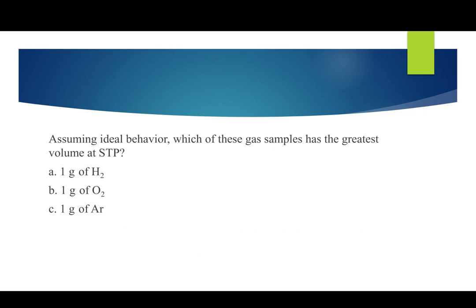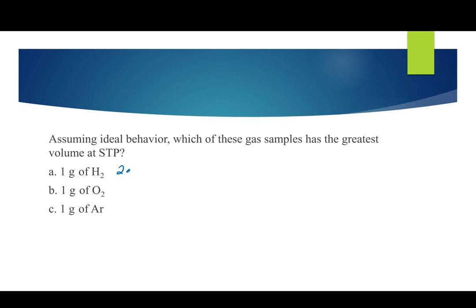Lastly, we have a little conceptual question here. Assuming ideal behavior, which of these gas samples has the greatest volume at STP? If you think about your variables, you know that volume is related to temperature, it's related to pressure, and it's related to amount. Well, what I'm given is grams. I'm given an amount. But that amount has to be in moles. 1 gram of hydrogen is not the same amount of stuff as 1 gram of oxygen. So just without actually doing the conversion,